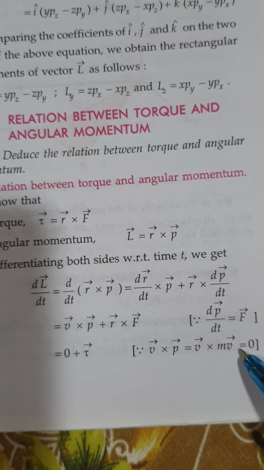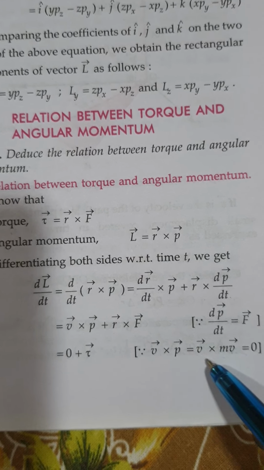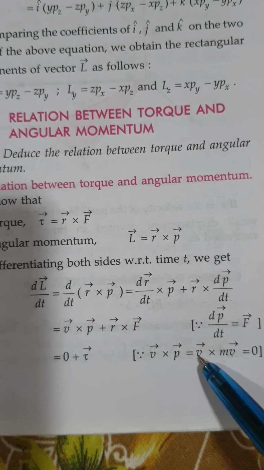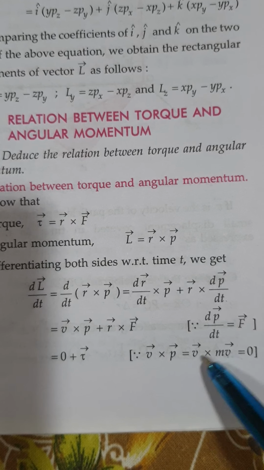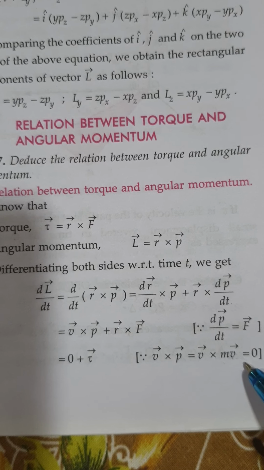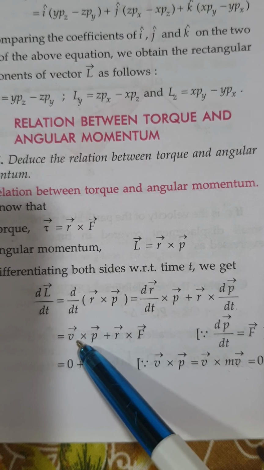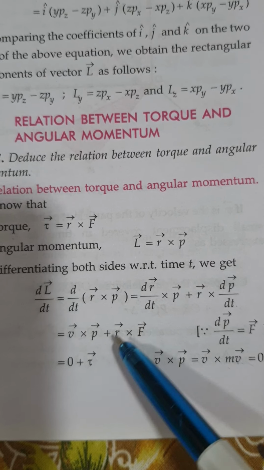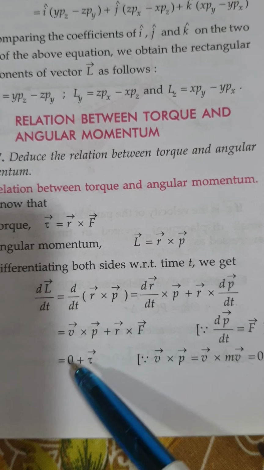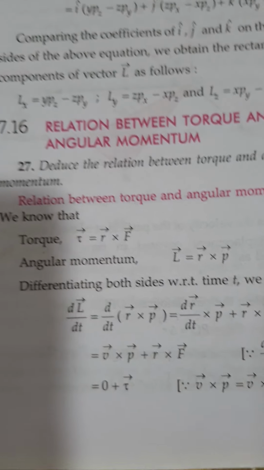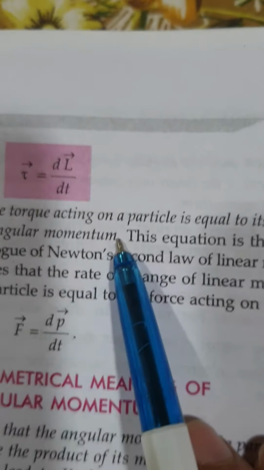A cross a is a square sin theta, but theta will be 0, sin 0 is 0, and that is why a cross a or v cross v, meaning the vector product of a vector with itself, is always 0. So this term turns out to be 0. So what we are going to get is dL by dt equals r cross F, and r cross F is nothing but torque. So we are getting the relation that torque is nothing but d